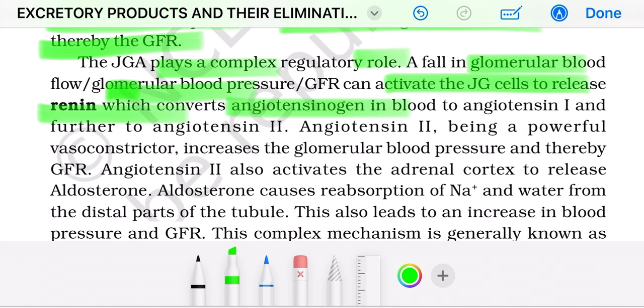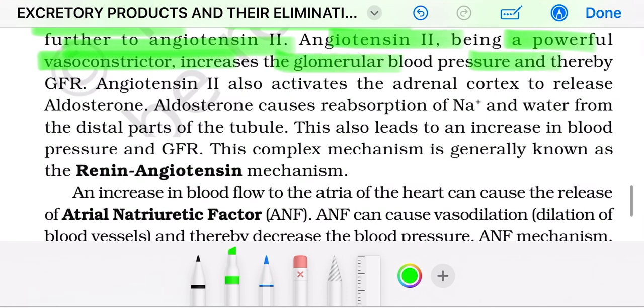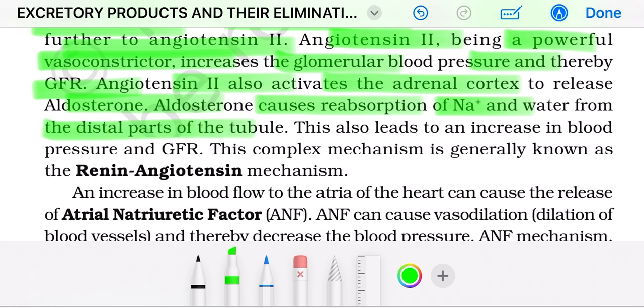Renin converts angiotensinogen in the blood to angiotensin 1, and further to angiotensin 2. Angiotensin 2, being a powerful vasoconstrictor, increases the glomerular blood pressure and thereby GFR. Angiotensin 2 also activates the adrenal cortex to release aldosterone. Aldosterone causes reabsorption of sodium and water from the distal parts of the tubule. This also leads to an increase in blood pressure and GFR. This complex mechanism is generally known as